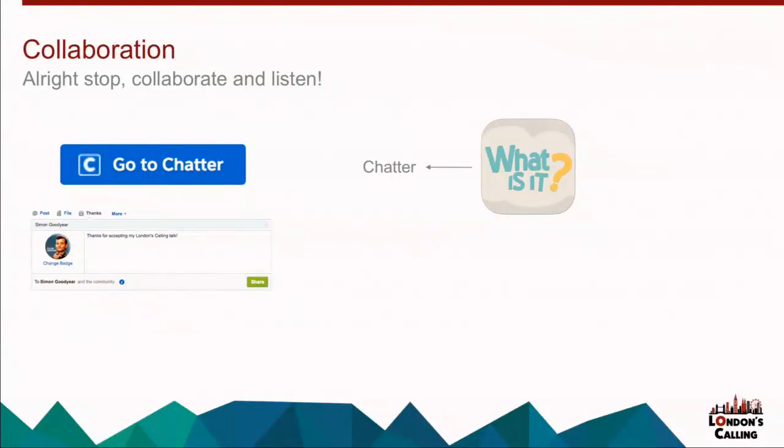So moving on to collaboration. This is probably the only area of success that really outpaces Answers in terms of the pure volume of interactions and conversation that happens. So why is that? Because essentially the collaboration area of success is Chatter, where we go to collaborate, and we all like to chat. So it's a very busy area.